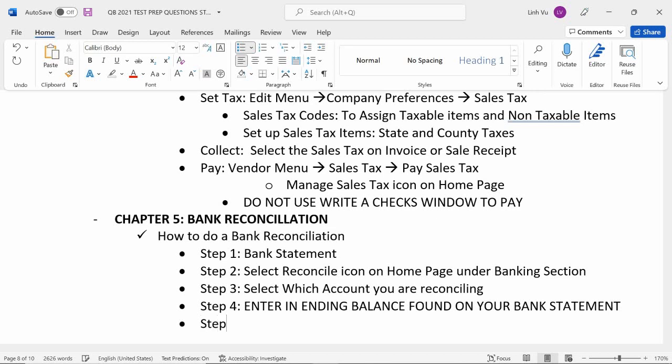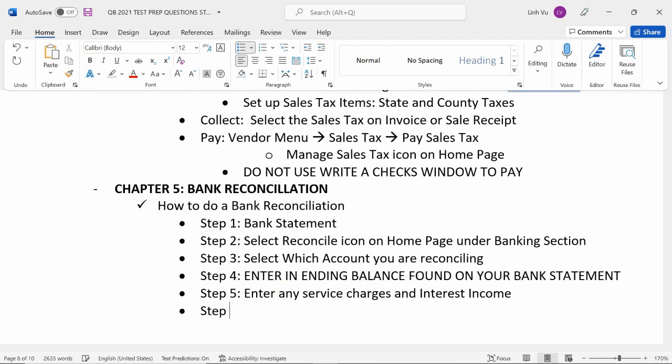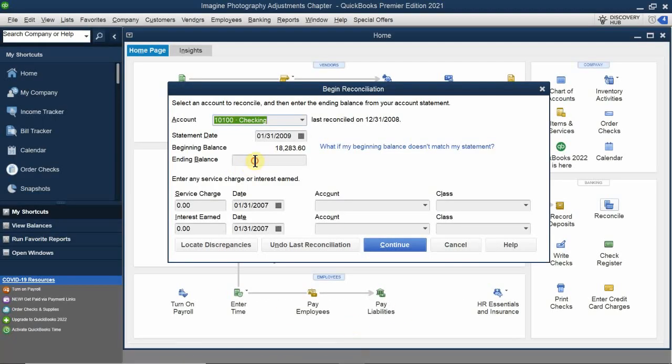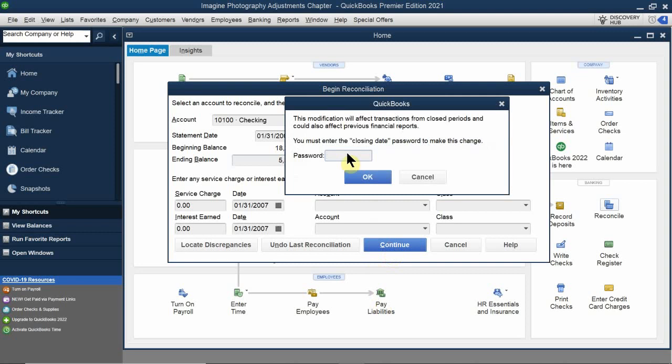Then the next step is you need to enter service charges and interest income. And then step 6, what do you do once you enter it in? For example, I'll just say I have 5,000. Oh, that's too much. And I said no charges. So then when I click on continue,